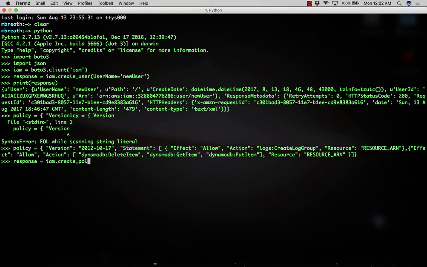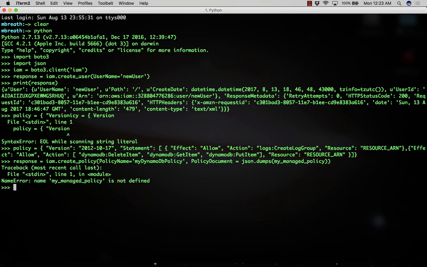Perfect. So now let's create a response. Let's create the policy with this policy document. So iam.create_policy, the policy name which I'm going to give is my DynamoDB policy. Okay, and the policy document is json.dumps of my_managed_policy, right? So if you hit enter, you can see here